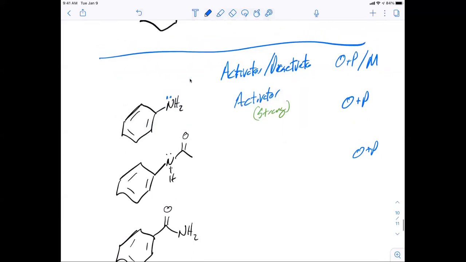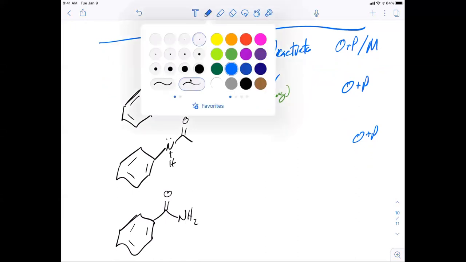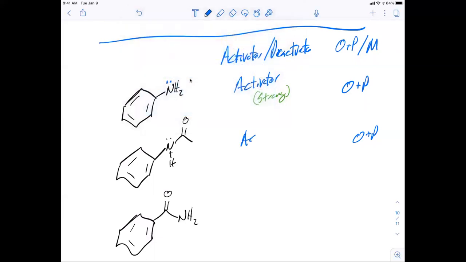Is it going to be an activator? Is it a nitrogen or oxygen? A nitrogen that's not positive right outside the ring? Yes, right? I could also say carbon, nitrogen, oxygen, where the nitrogen is not positive. That's going to be an activator,